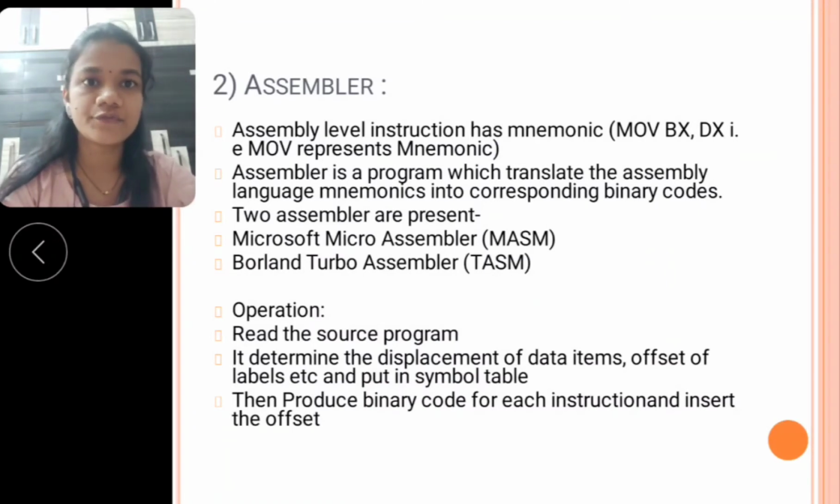The assembler reads the source file, then determines the displacement of data items and the offset of labels. Suppose we give the instruction MOV BX, DX. First it reads the instruction, then determines the displacement, that is, which data is to be moved from where to where, or which operation is to be performed with it. The assembler determines this. Then it finds out the offset of the label, the offset address. Then it produces binary code for each instruction and inserts its offset.